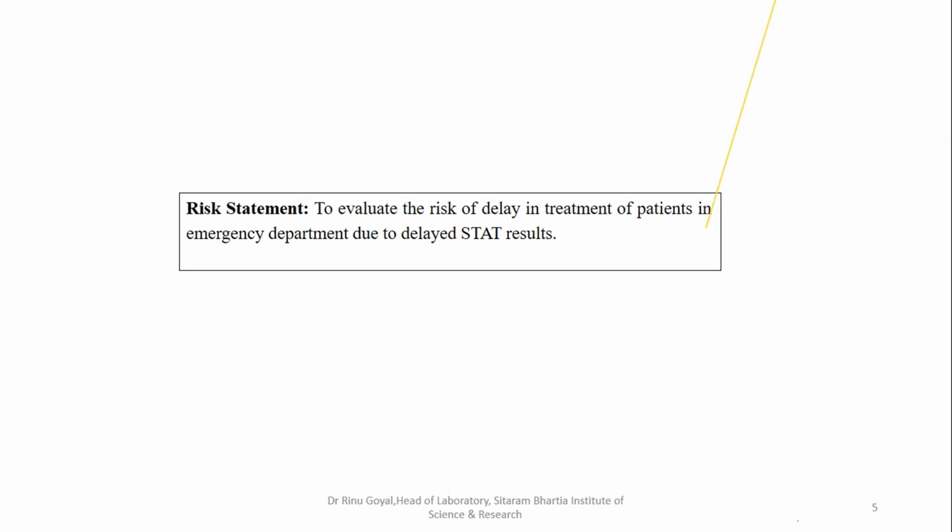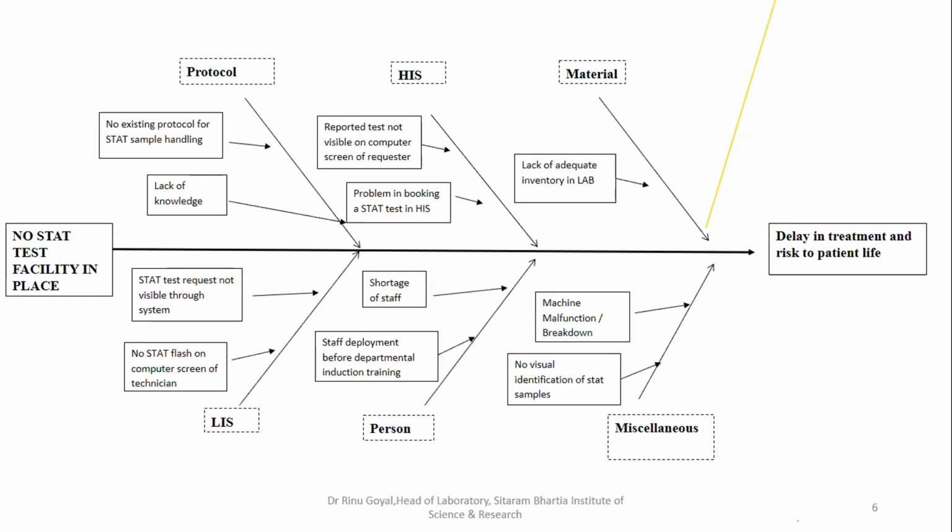We have one more example. In a laboratory, if there is no stat sample facility, they thought that because we do not have stat sample in our laboratory, the risk will be delay in treatment of patients visiting emergency. So they had to work on that. The statement was no stat facility in place in laboratory, and because of that, the impact was a delay